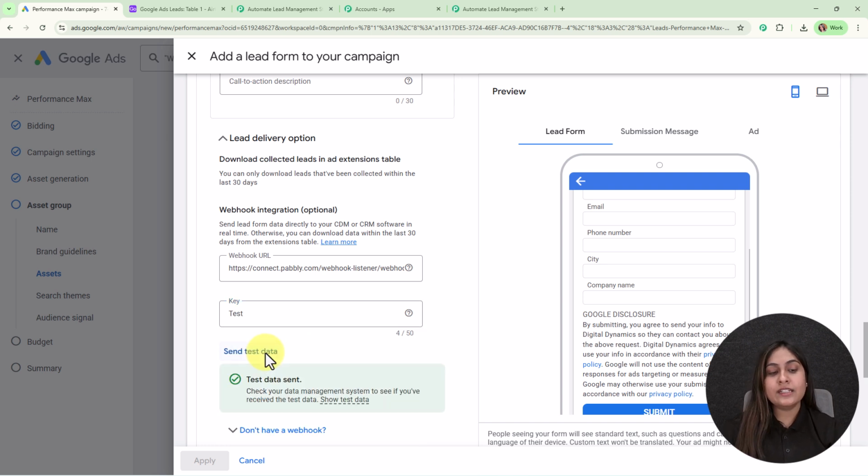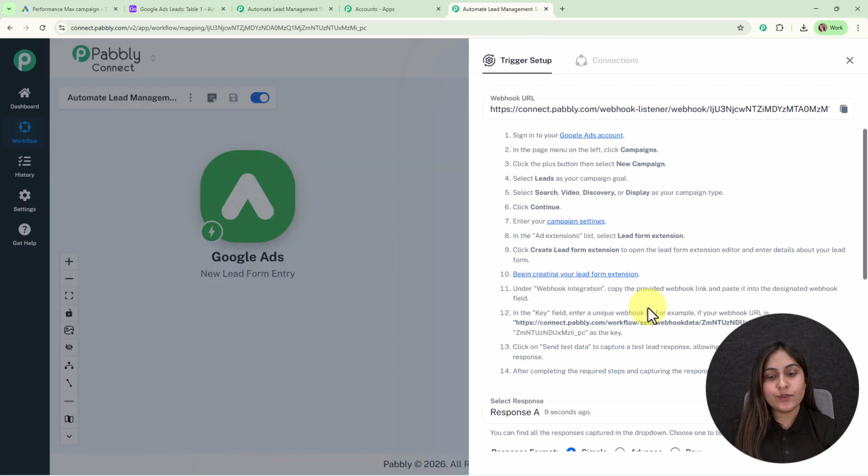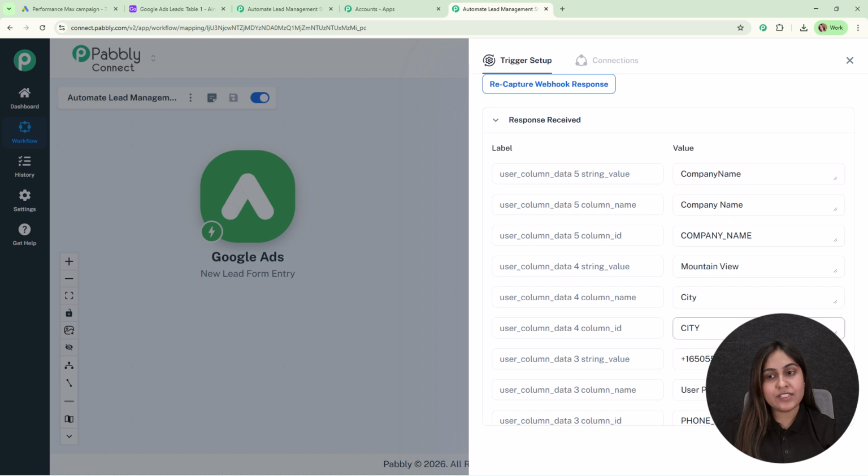After adding the required details, we are going to click on this send test data to receive the dummy response for all these fields on our webhook URL. So it says test data sent. So let's go and check our Pabbly's workflow, and you can see instantly we have received the details where we